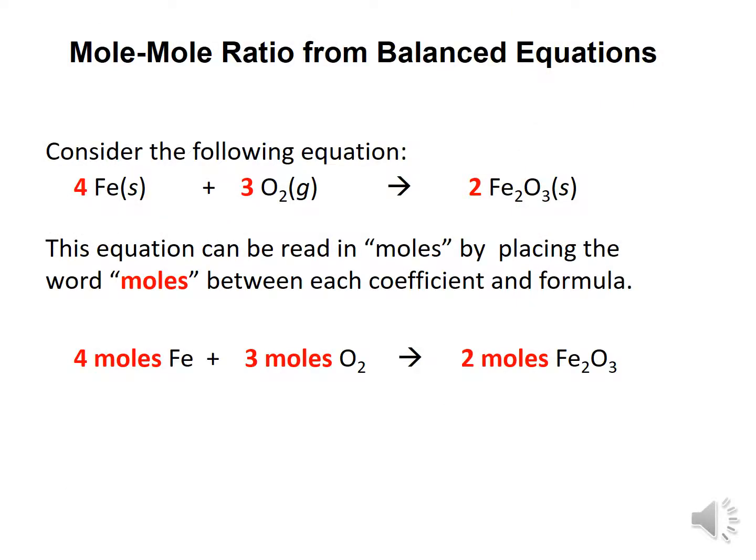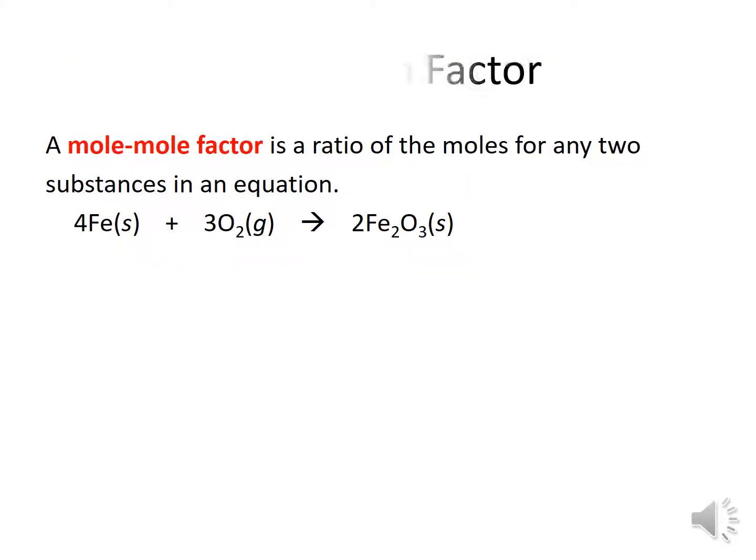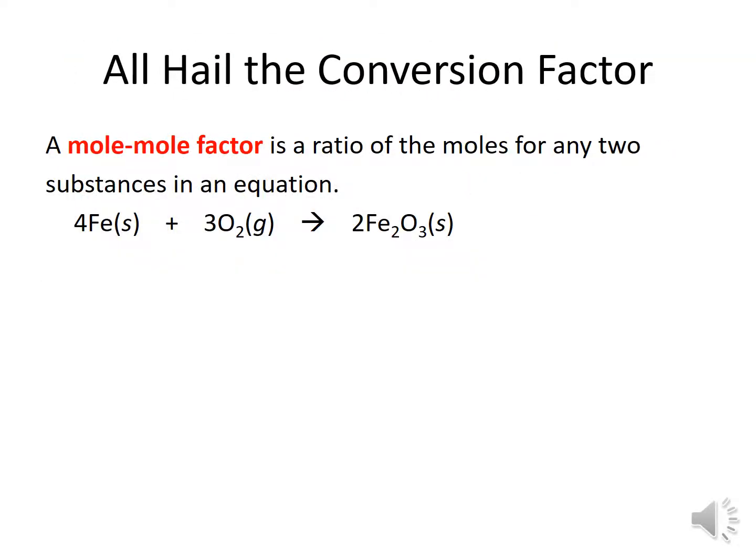Consider the following equation. 4 iron atoms and 3 oxygen atoms yield 2 Fe2O3 formula units, or we could read the equation as moles by placing the word moles between each coefficient and formula. 4 moles of iron plus 3 moles of oxygen yield 2 moles of iron oxide. These coefficients, 4, 3, and 2, become mole-mole factors that can be used as factor label